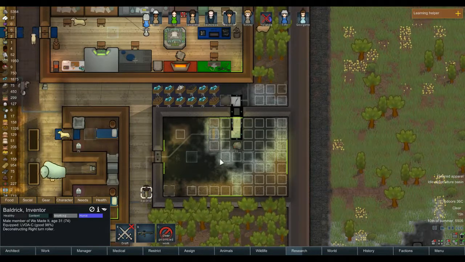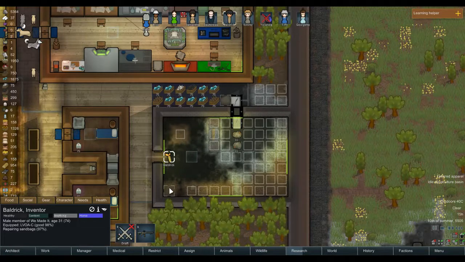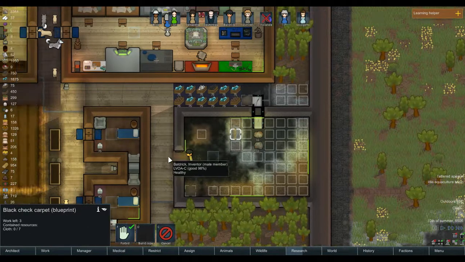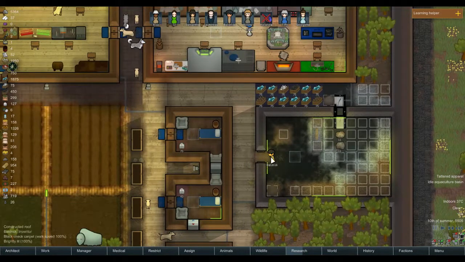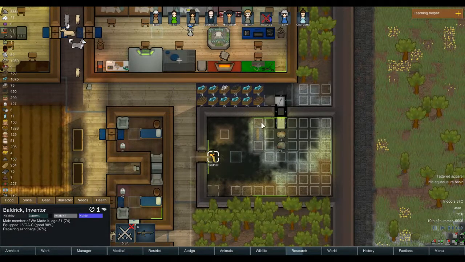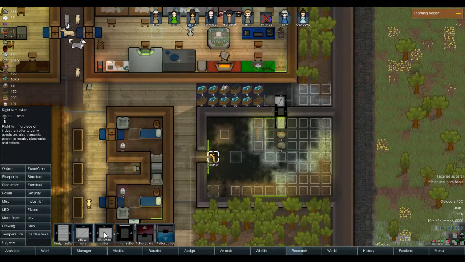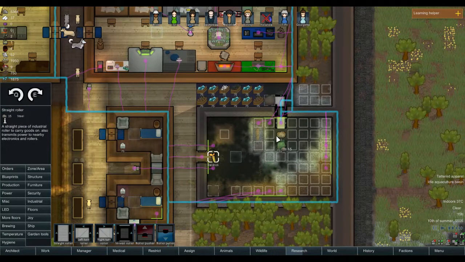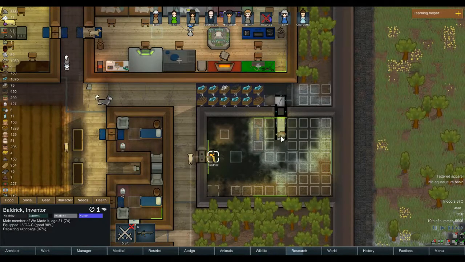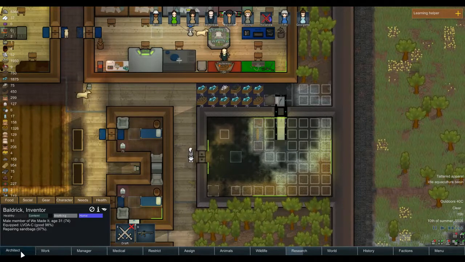It's a little annoying. We're almost out of time. I want to get this done. On the carpet. Why can't I build that? Interesting. So straight roller. Alright, cool. And let's make...